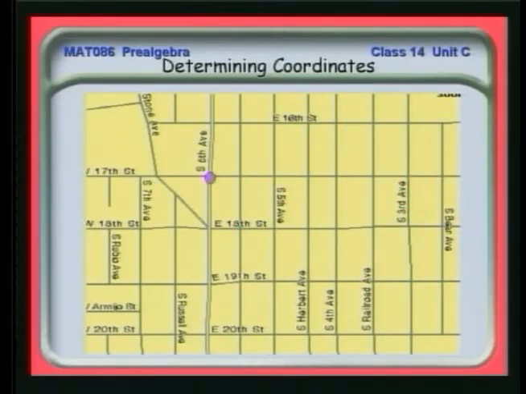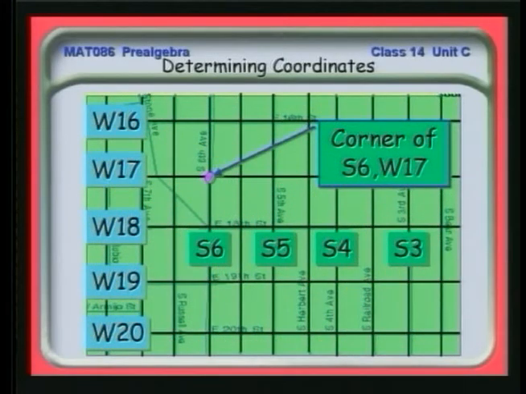And if I wanted to, I could overlay the Tucson map with an actual grid where I can talk about South 6th, South 5th, South 4th, South 3rd, West 16th, West 17th, West 18th, West 19th, West 20th. There's a grid that's labeled effectively by numbers, and you can think of east, west, north, south being equivalent to positive and negative on the number line. There is what almost is effectively a mathematical point, the corner of South 6th and West 17th.